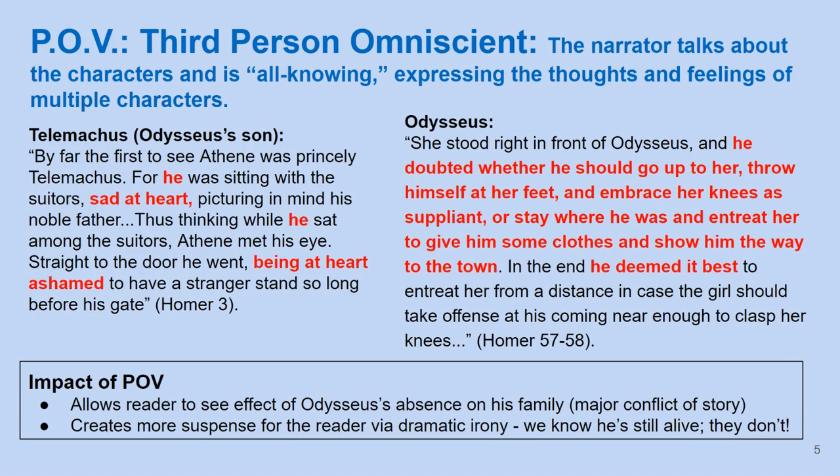The major conflicts of the book center around Odysseus' 20-year journey home and the chaos left in his wake as suitors try to court his wife. Being able to see the inner thoughts and feelings of multiple characters creates dramatic irony for the reader, who knows